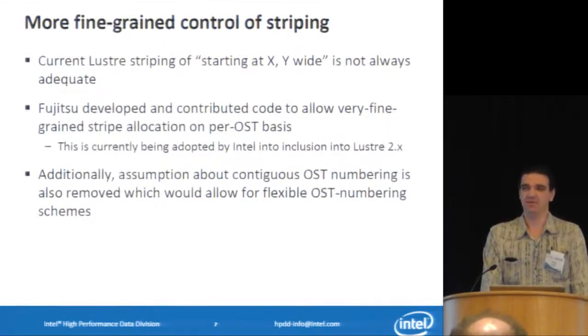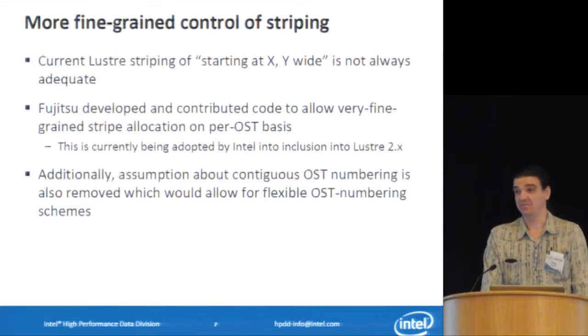This doesn't cut it for lots of people, like especially Fujitsu, because they also have the other feature where their OST numbering is not sequential, but it's kind of split into bits, and each bit shows location information basically. So their OST striping is not contiguous,